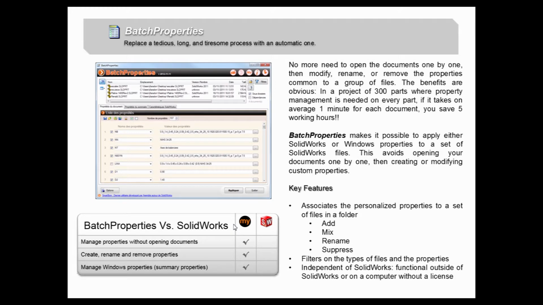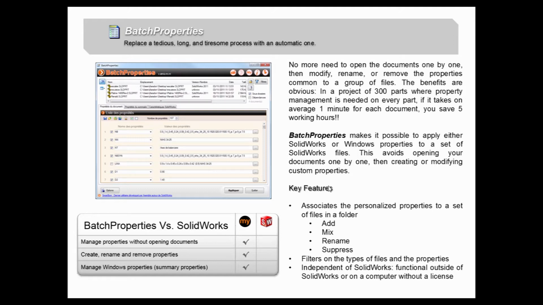Previously we've talked about the batch converter, which takes entire folders filled with SolidWorks files and allows you to convert them into all sorts of different file types such as PDF and DWG. Well, today we're going to take a look at a tool called the BatchProperties tool, and similarly it allows you to take entire folders of SolidWorks files, only this time we're going to be adding specific properties to that batch